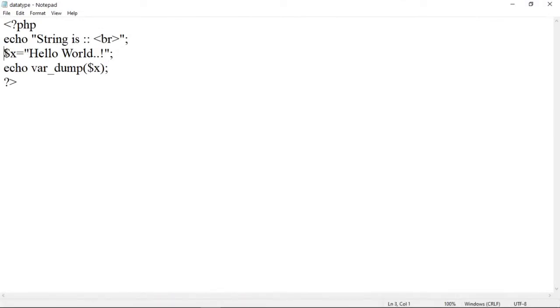Here space is also counted while counting the characters in a string. So in the program, this variable x contains the hello world string, and that is why, using the var_dump $x statement, we have retrieved the type as string with 14 characters within this string.